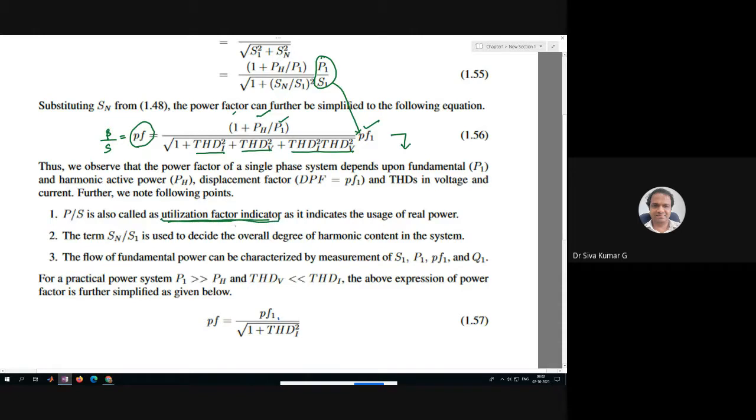Are we using the source in an effective way or not? You know that in most cases S is much greater than the value of P,